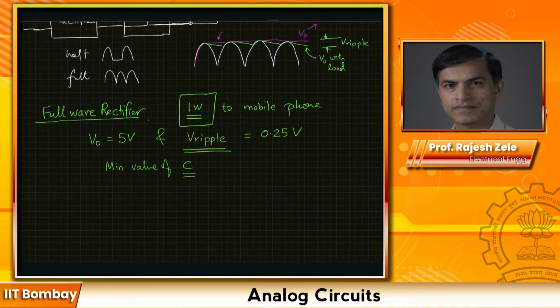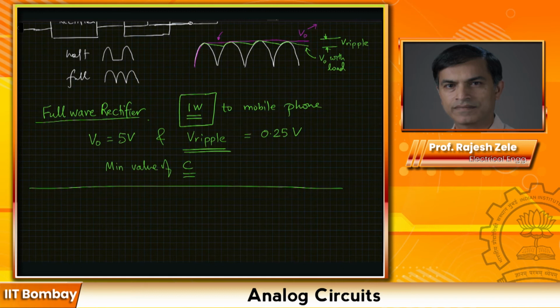We will make simplistic assumptions so that we can quickly calculate the numbers and get an idea of the numbers. From this information, how do we backtrack and come back with an approximate value of the C? That's what we're going to go through in this example. Okay. So first of all,